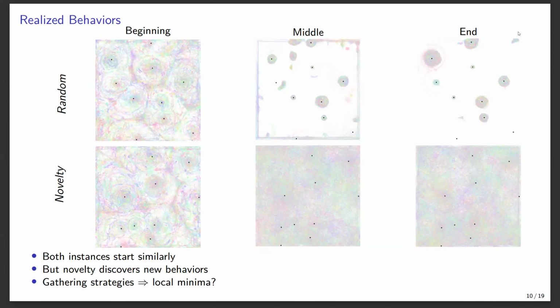So let's look at the result. For the first thing, we look at the behaviors, the trajectories. These are snapshots across the beginning, the middle, and the end of the evolution. We see that both algorithms start having similar behaviors. However, across time, we see that the random variant, the top line, changes behavior. It starts clustering, whereas the novelty variant starts to spread, and you have rich behavior and the agents go everywhere.